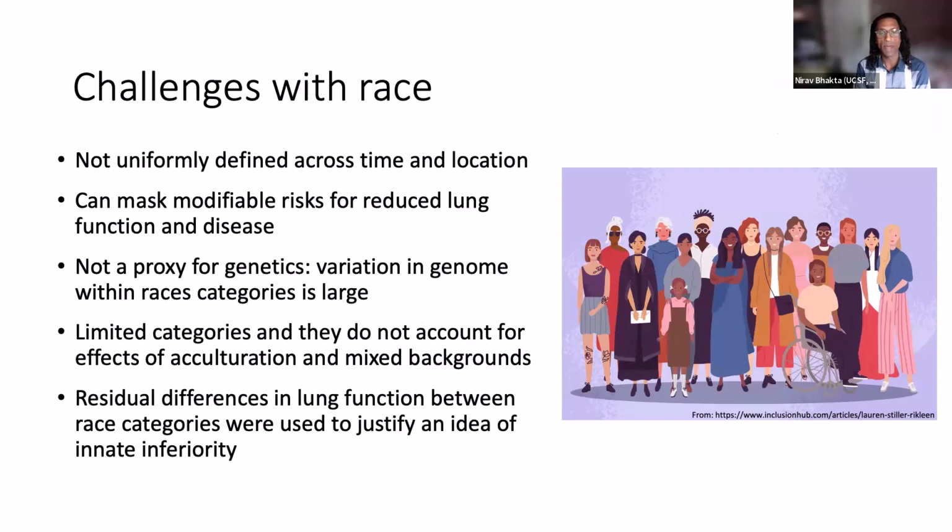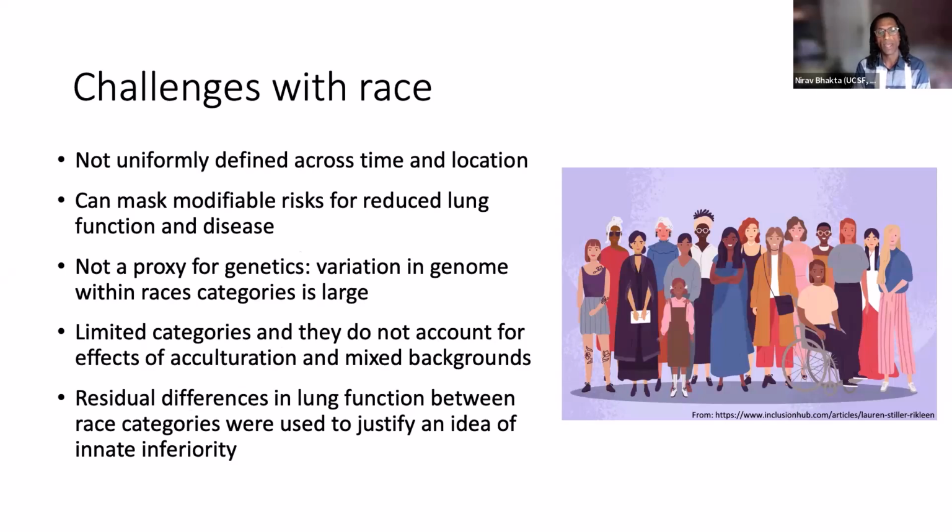them together in medicine and as a society, that race is not uniformly defined across time and location, that it can mask modifiable risks for reduced lung function and disease. It is not a proxy for genetics, and that variation in the genome within races is much larger than between race categories. They're limited, do not account for many other effects of background, and that residual differences in lung function